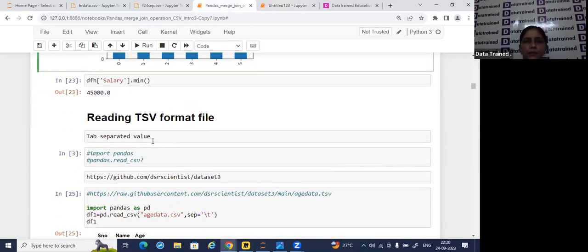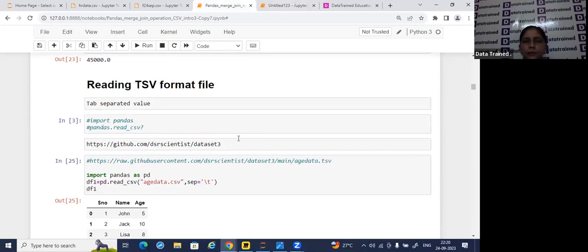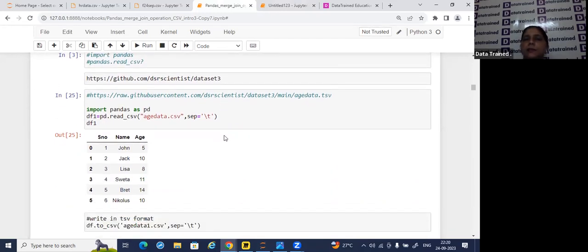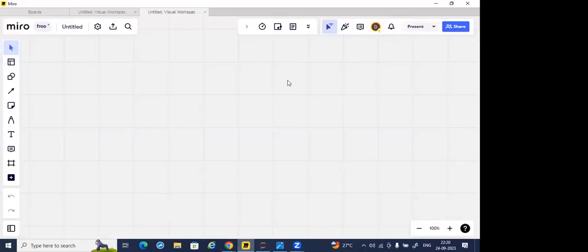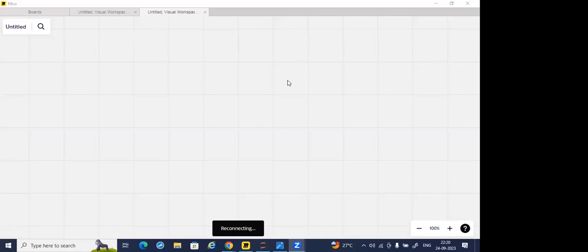Fine. Now see here, suppose I have a file where I do not have any comma separations. So how to read such files? Suppose I have a file which has tab separation. What is tab separation? It means whenever you are writing any file here,